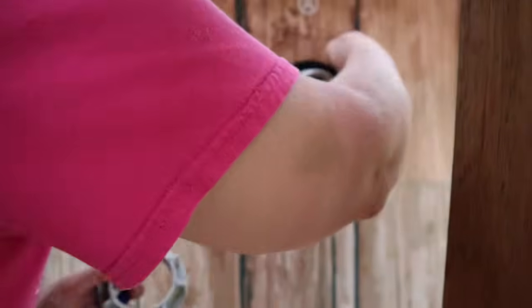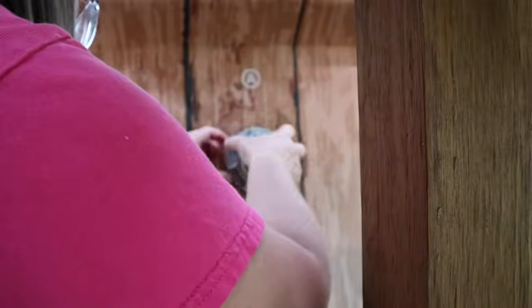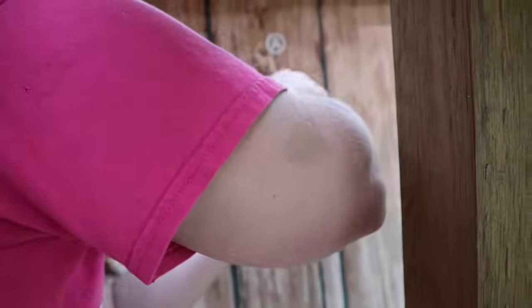This will be the little, what's that called? How to insert it back in. Gasket. You're gonna take this. Come on, you're going to